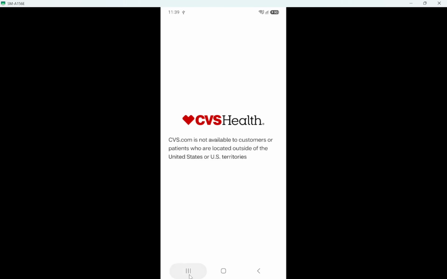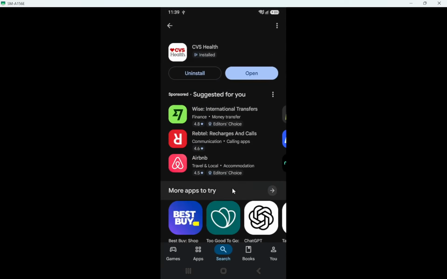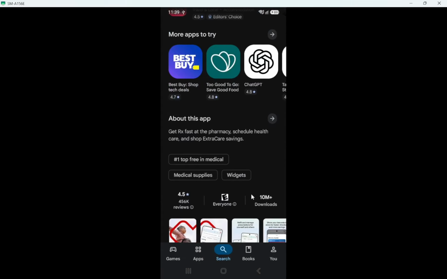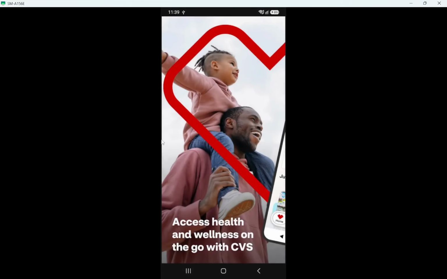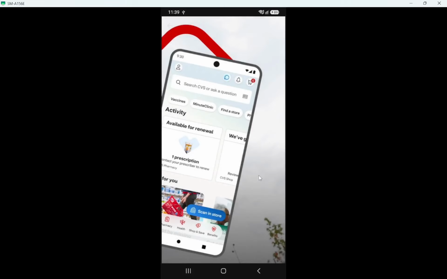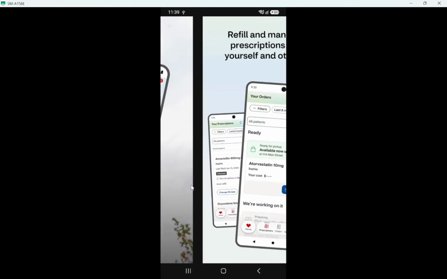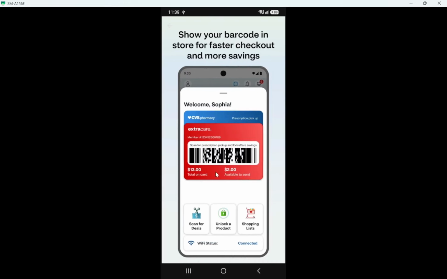With the app open, sign into your CVS account or create one. If you already have an account from the website or a previous device, enter your email and password and tap the sign-in button. If you do not have an account yet, choose the option to create one and follow the on-screen prompts to enter your basic information. One useful detail here, the same login will work across the CVS website and the app, so you only need to create it once. You have now downloaded the CVS Health app on Android, opened it and signed in so it is ready for your prescriptions and rewards.